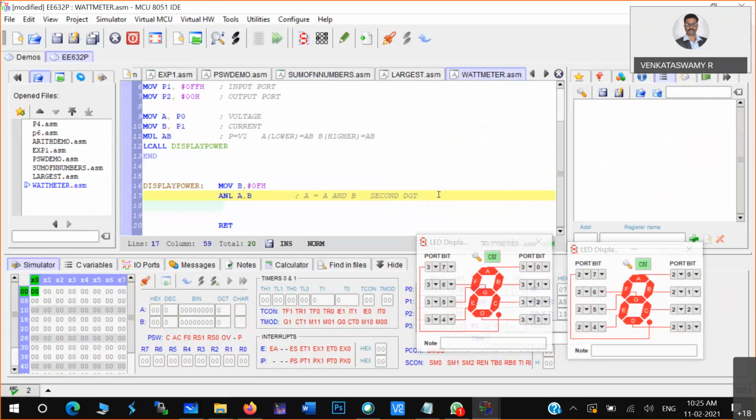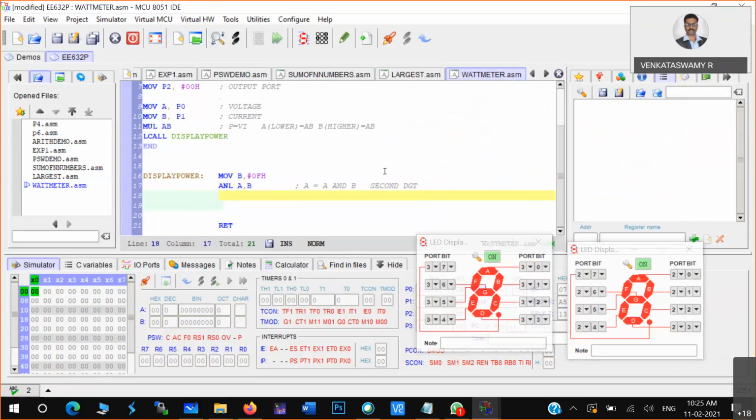So then here now I have to get the first digit, right? The problem is A is already modified. So now, to have that particular number, before doing any operation, I'll keep that particular number in some register as a backup, so that it should not change.